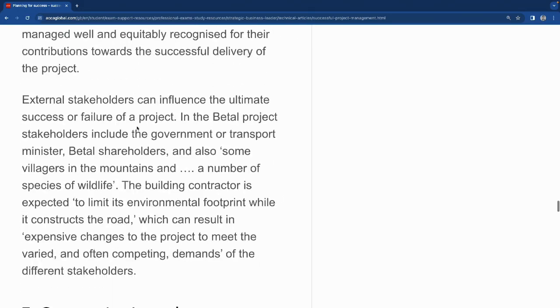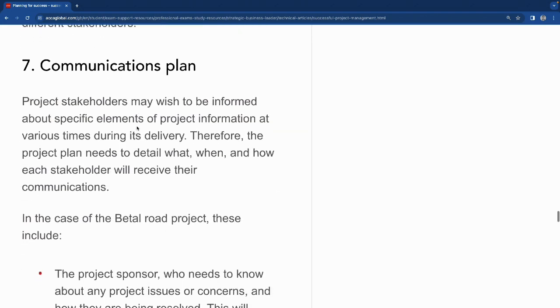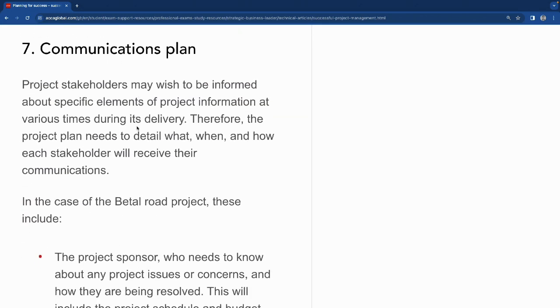You do have project resources and stakeholders, and the key one here I'm more worried about is the communication plan. So these are, remember, things that are inside your PID. Communication plan, you got a communication plan, and also